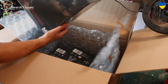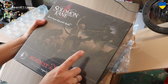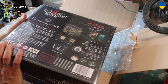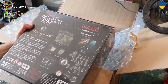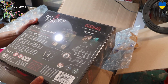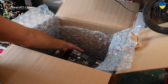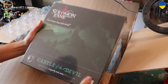So yeah, we've got Against the Vampires. Now that artwork I have as my backdrop on my computer. And this was one I was particularly looking forward to getting. So yeah, so we've got 27 more miniatures, more tiles and cards and what have you. I'll do an unboxing probably at some other time, but I'm just pleased that this has finally arrived. It got delayed quite a lot for some reason, but I was helped out by one of their support guys,